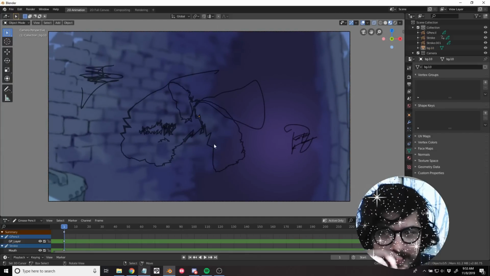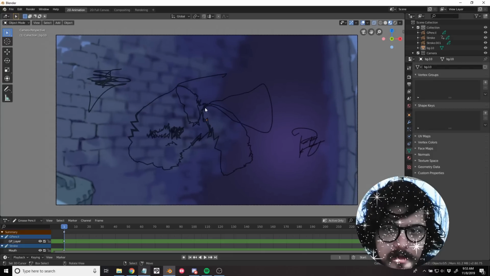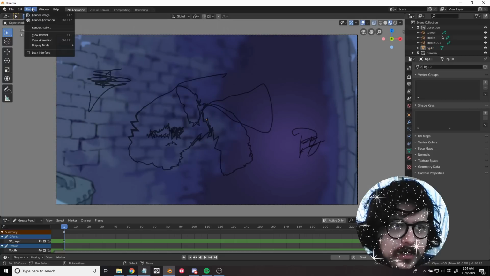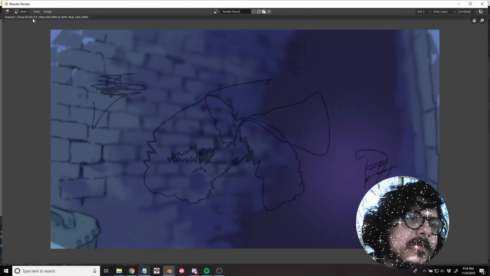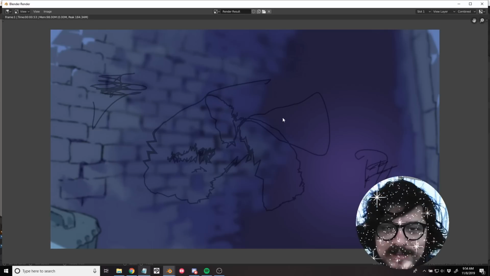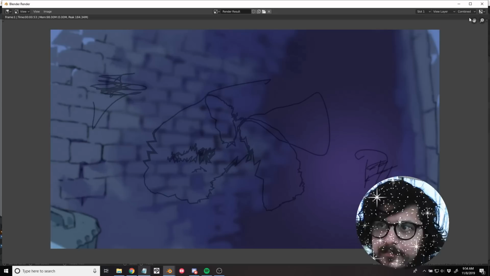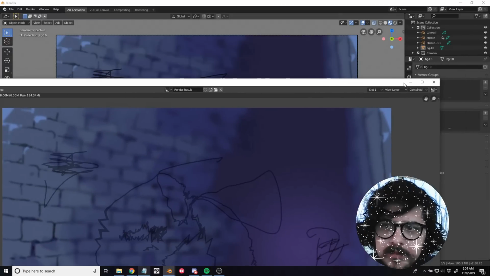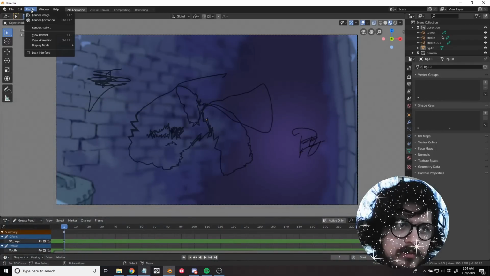Now that we've theoretically got our scene set up, we want to render it, right? So let's just see what the render is going to look like. Let's go up to render image. It rendered super quickly. It rendered in actually 0.53 seconds, so about half a second. And this is what the render is going to look like. And this is a little separate window, so you just X out of that. I usually don't like when it puts a separate window. I like when it does it